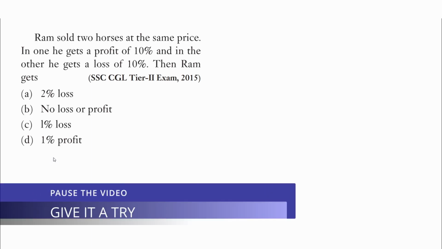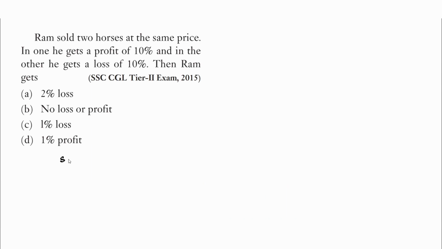Let's read the question clearly again. Ram sold the two horses at the same price. So the selling price is same for both. Let's assume the selling price as 100 for now, and the cost price must vary. Let's say